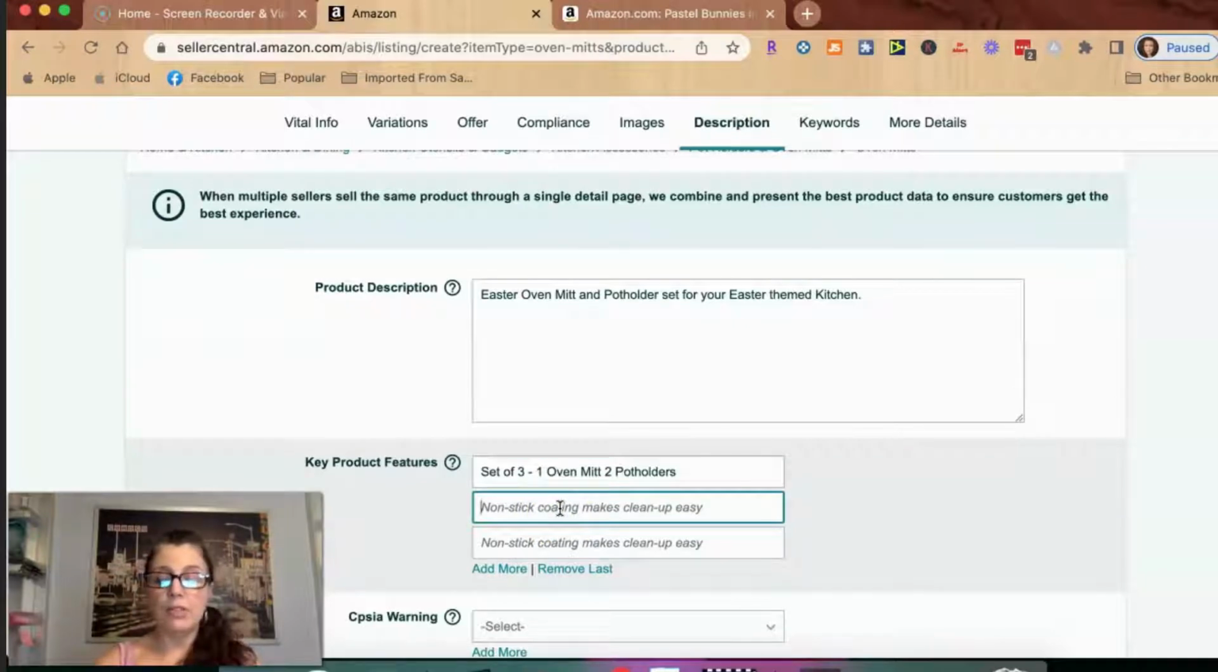Now remember, ours is a variation, so I am going to do choose your favorite Easter bunny or Easter chick design. We can say measures